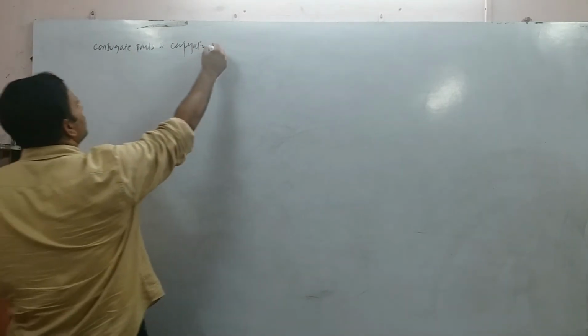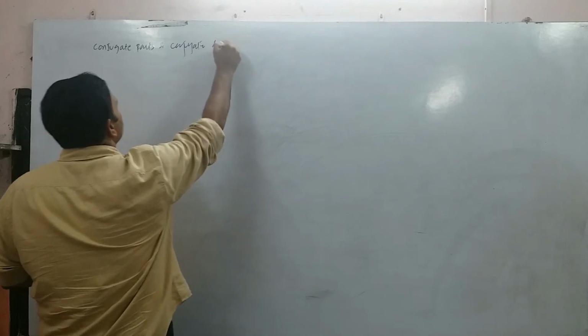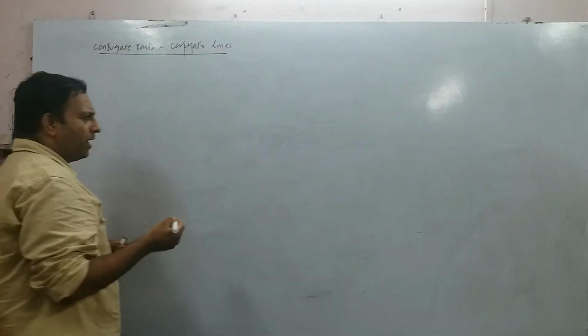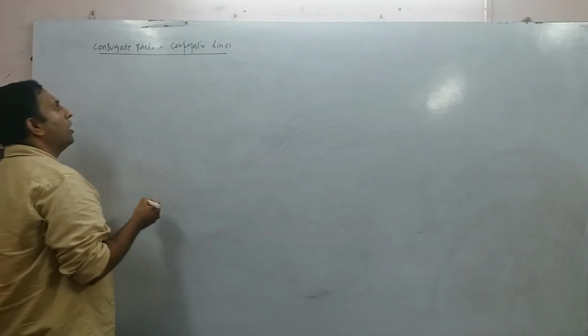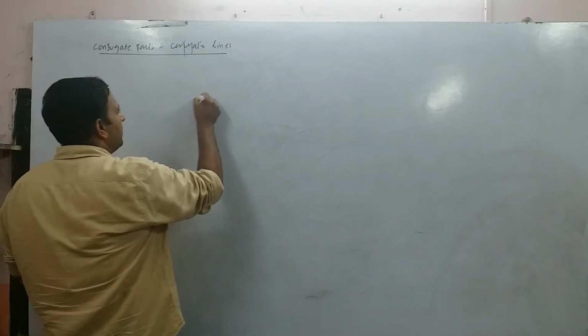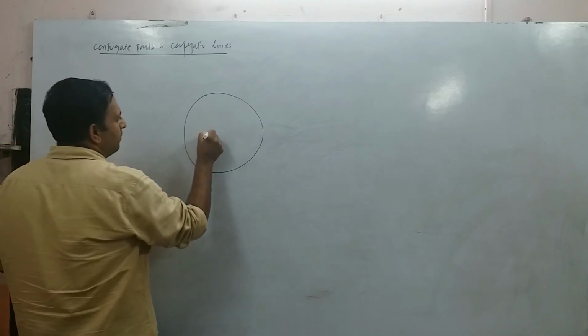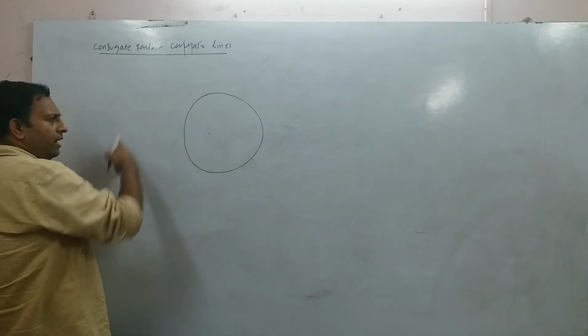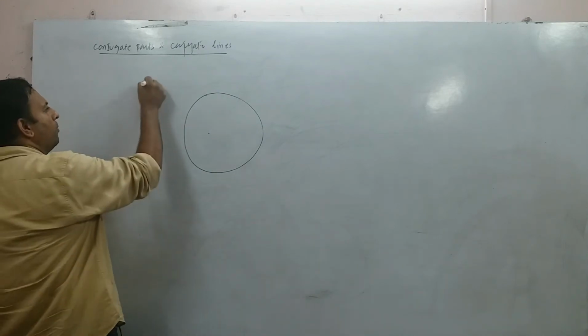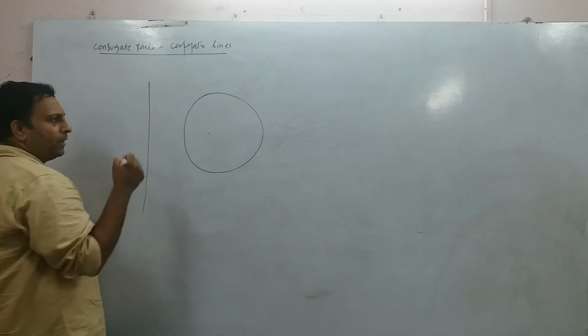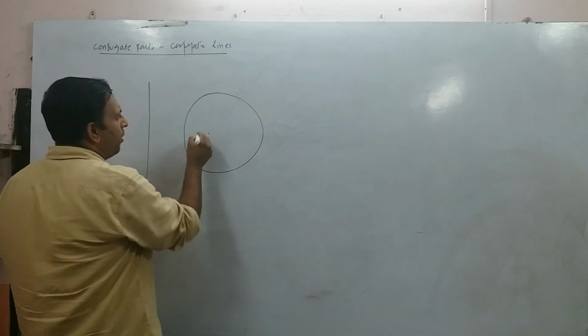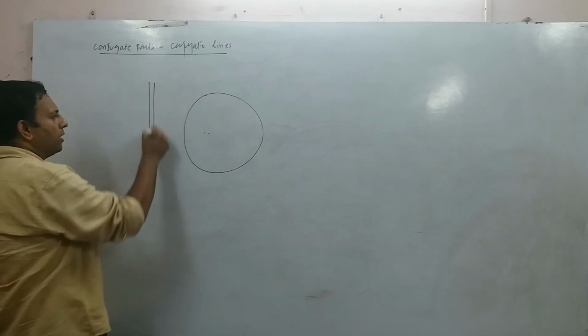Conjugate points and conjugate lines. Now since you have understood the concept of pole and polar, let me explain what conjugate lines and conjugate points are. Please try to understand how this is going to behave. If this is a point, from this point I want to find the equation of polar, obviously the polar will be outside. Now the irony is, if the point comes forward, polar also comes forward.